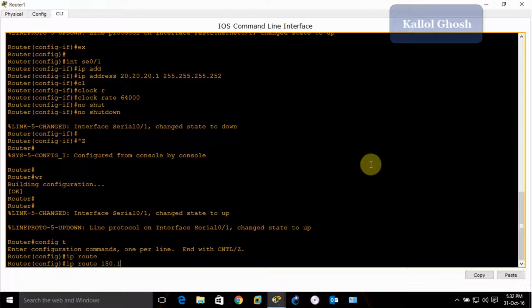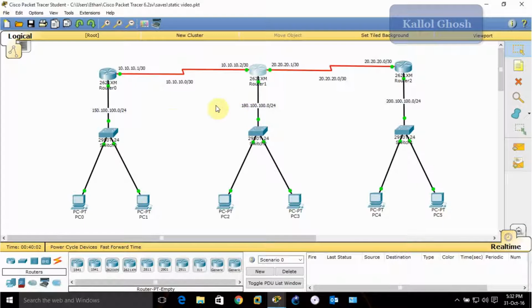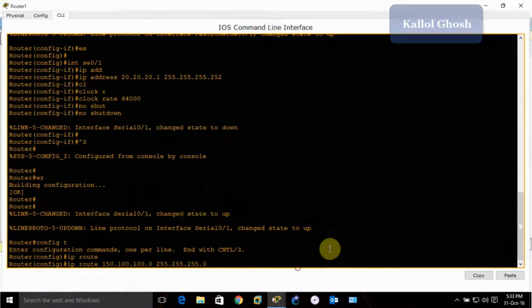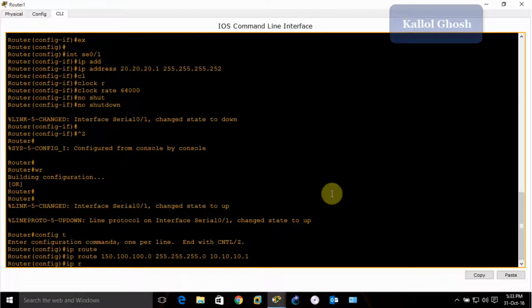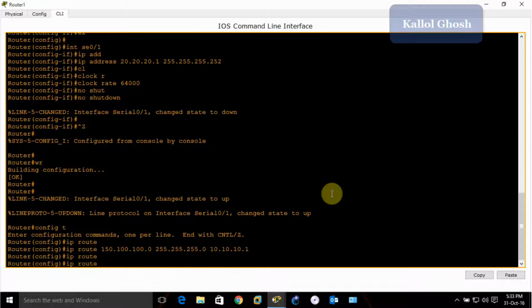and give the IP 150.100.100.0, the network, and the subnet mask 255.255.255.0, and the next hop address. So I'm showing you what is the next hop address of this. So I'm going to configure this network. So it has to go to this route. So the next hop address is 10.10.10.1. So here give the next hop address 10.10.10.1 and press enter,